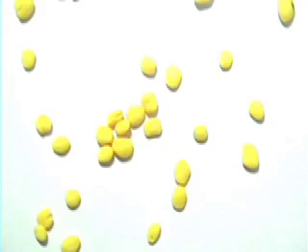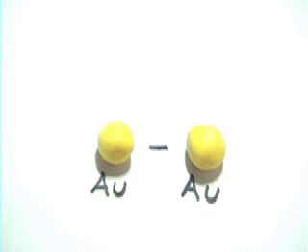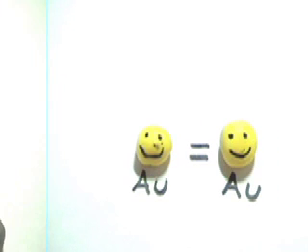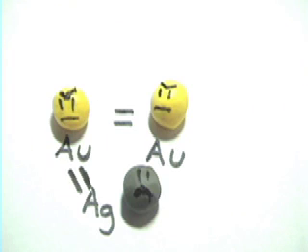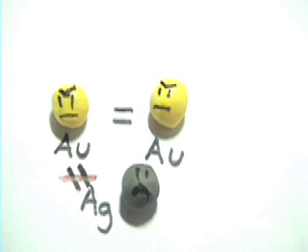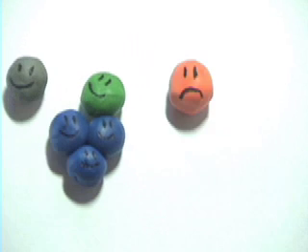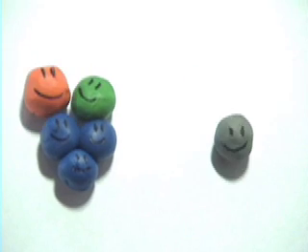Dalton's first idea: all elements are made of microscopic particles called atoms. Dalton's second idea: all atoms of a given element are identical. Dalton's third idea: the atoms of a given element are different from those of any other element. Dalton's fourth idea: atoms of one element can combine with atoms of other elements to form compounds. A given compound always has the same relative number of atoms.